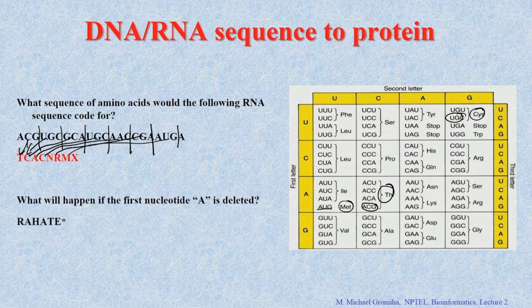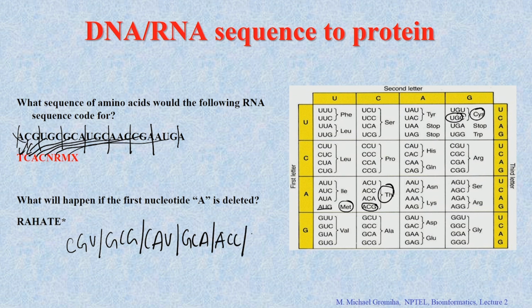So, in this sequence, what will happen if you delete this nucleotide A? If it is not there, will you get the similar sequence or a different sequence? A different sequence, right, because now the codons are CGU, GCG, CAU, GCA, ACC, GAA,